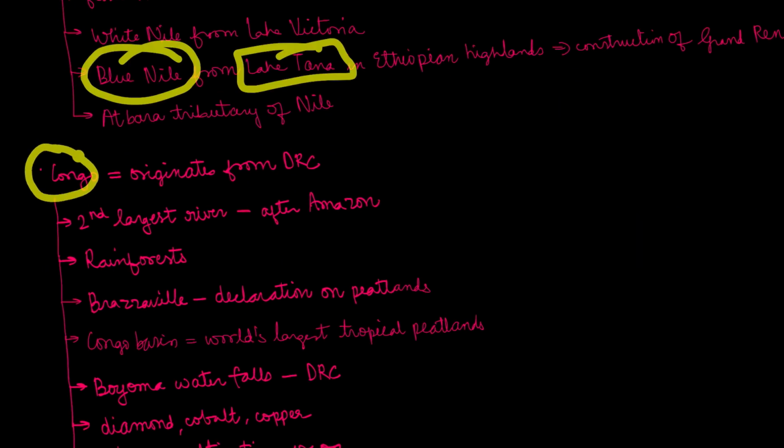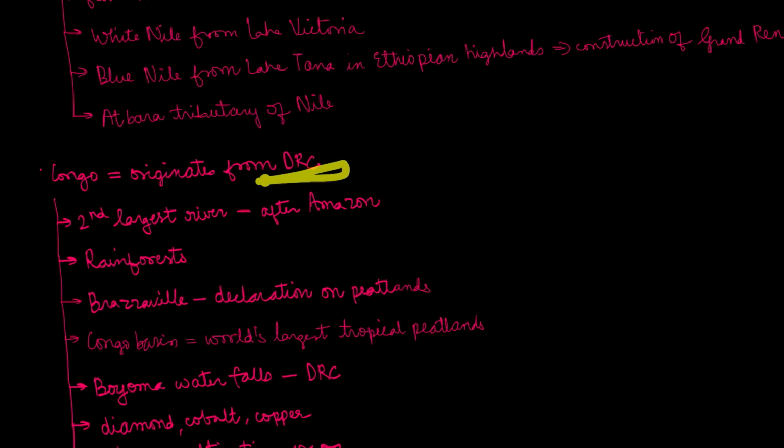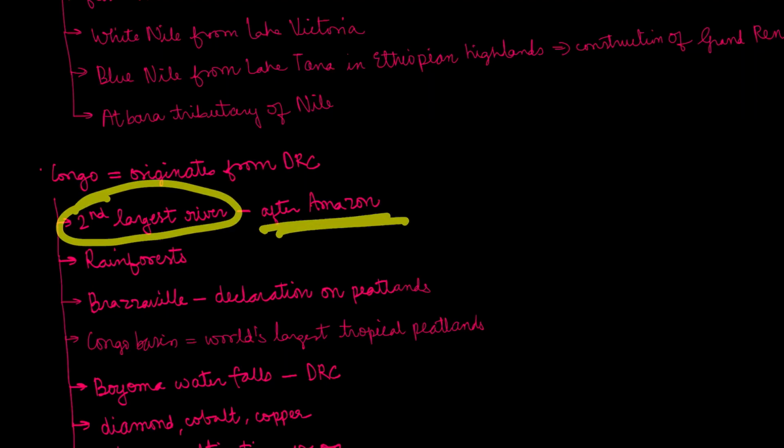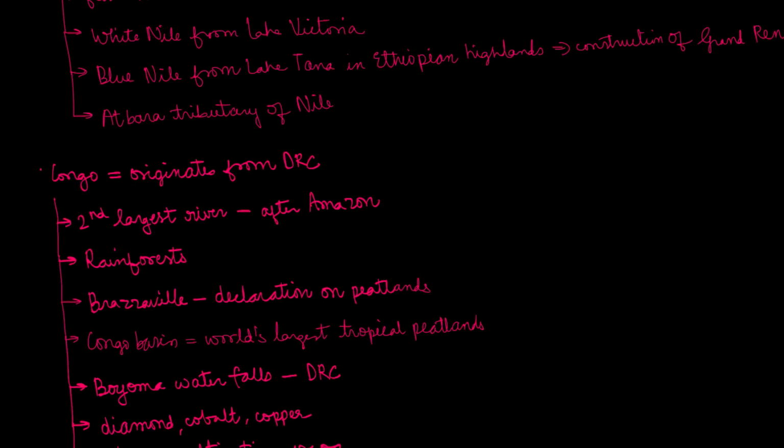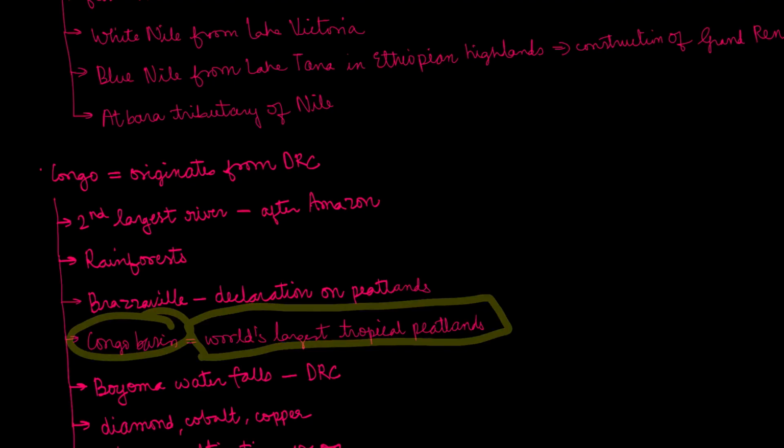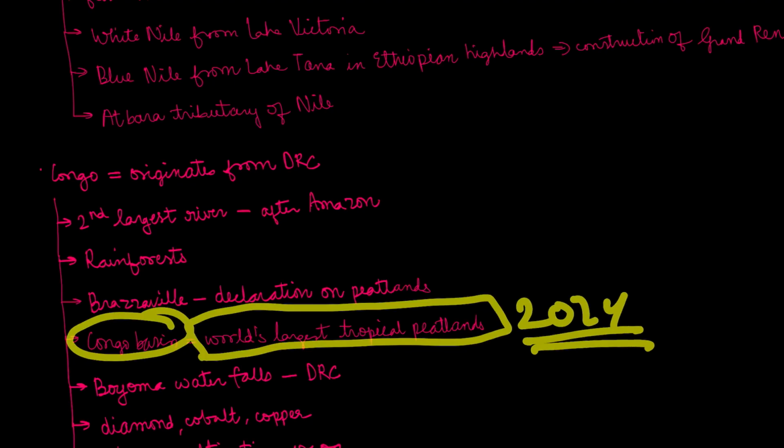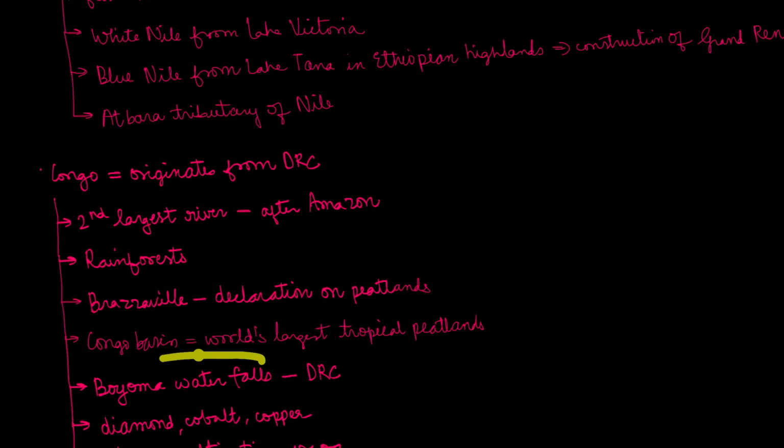Moving on to Congo. Congo basically originates from DRC, the Democratic Republic of Congo. It is the second largest river after the Amazon. It also has the rainforest. Then the Brazzaville Declaration was there, which was on peatlands. Then the Congo Basin is the world's largest tropical peatlands. This was the previous year question. Then the Boyoma waterfalls